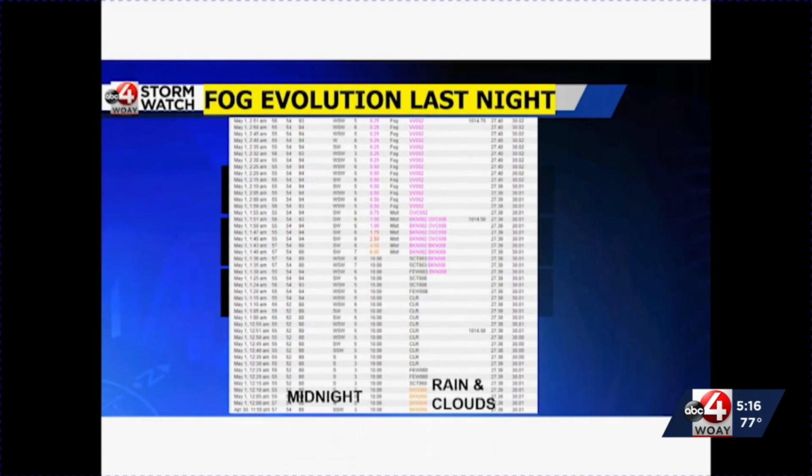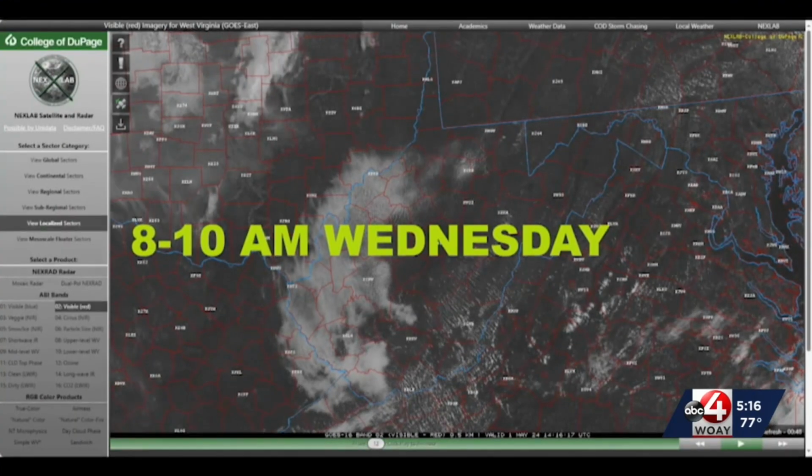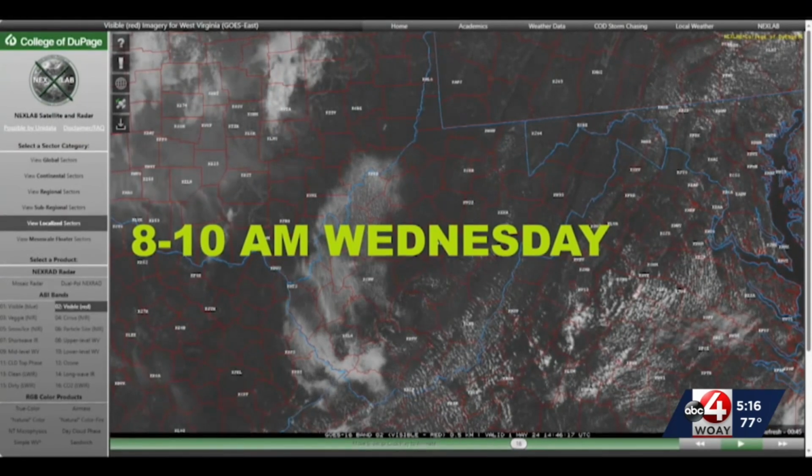So we had the moisture at the surface, moisture being trapped because of the clear skies and the inversion developing, and also leaves give off a lot of moisture this time of the year. So we have moisture trapped at the surface, that becomes dense fog, visibility down to a quarter of a mile in spots. You noticed that when you woke up, and then the visible satellite imagery shows that area of clearing developing,